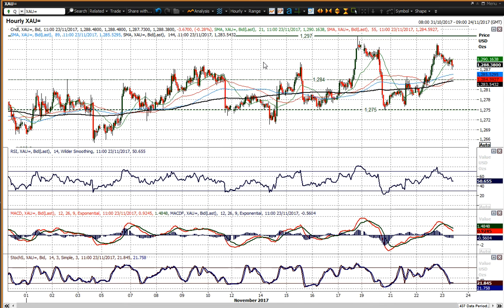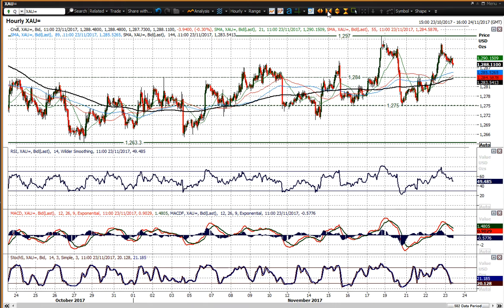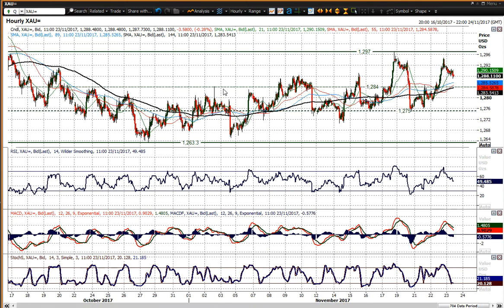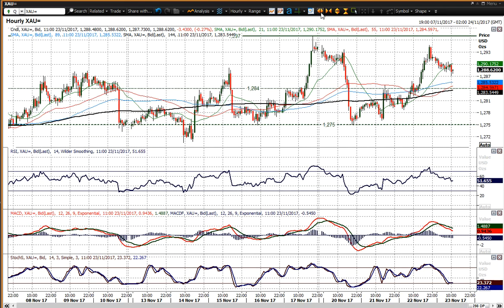In terms of supports, 1288 is basically an old high. It's back towards there now. It's edging towards the downside break of that. So you then look at 1284, which is another near-term pivot. Had been a resistance a couple of times. Yeah, I mean, these levels are not all that great, and they're certainly not levels that you'd put the house on anyway. But support around 1284. Below that,